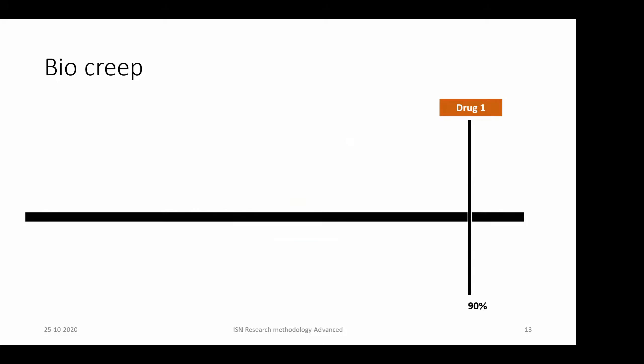So there is a setting to do a non-inferiority design with a drug which is better in any of these aspects. So now we are doing a non-inferiority trial with a new drug, and we find that the new drug is non-inferior to the standard of care. After some time, the new drug becomes the standard of care. Now, if we want to test another drug, a third drug, it is very well possible that people might select the new non-inferiority margin from drug 2 rather than drug 1.